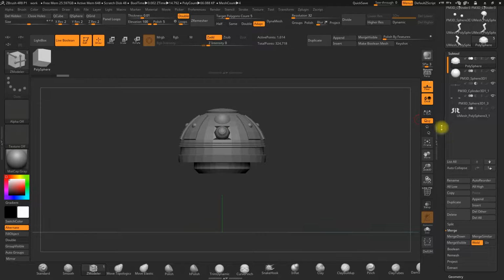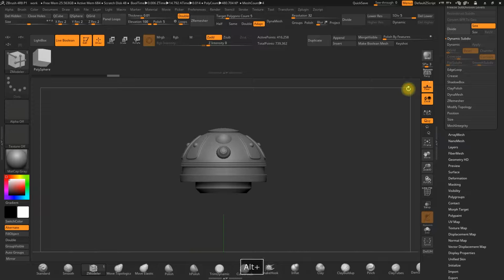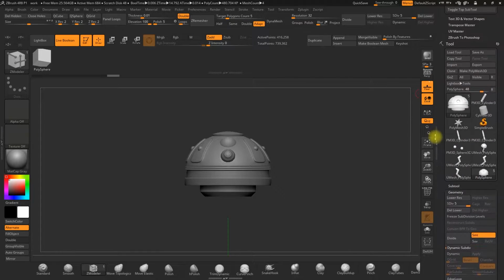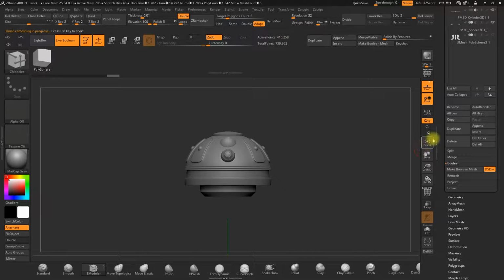You can just go to Geometry and start to subdivide the object like this, okay? Go to the Subtool, activate the subdivision, make Boolean. Now, as you know, go to Insert,